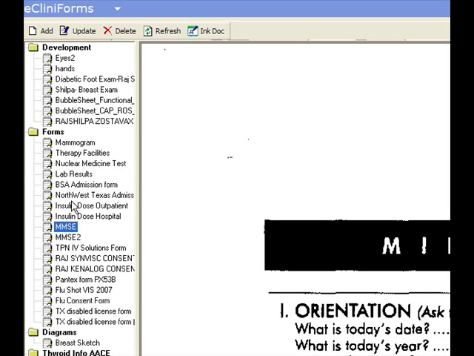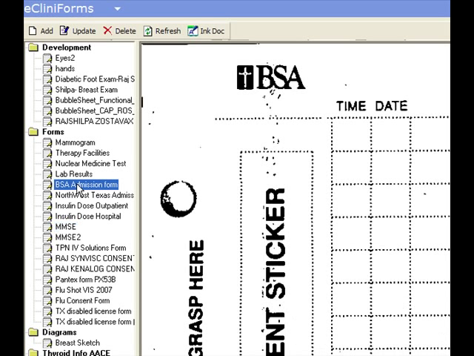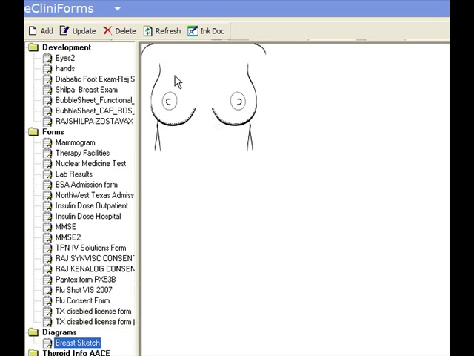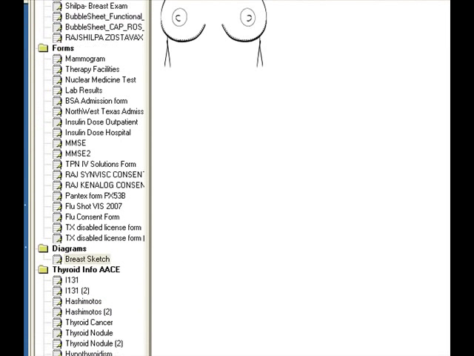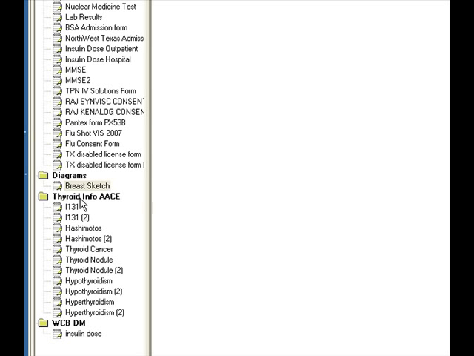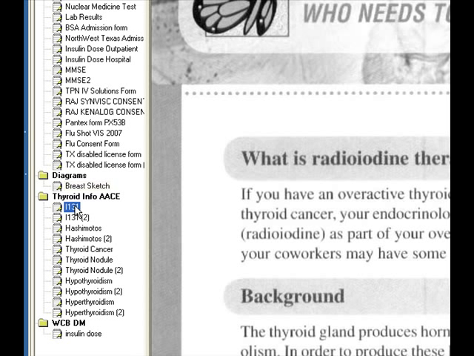We also have hospital admission forms for our local hospitals that we can fill out on our tablet, then fax directly to the hospital ward so that the patient doesn't lose their orders on the way. And we have a sketch form for various items such as a breast exam. We have some educational handouts for various aspects of thyroid disease that we scanned in on a scanner